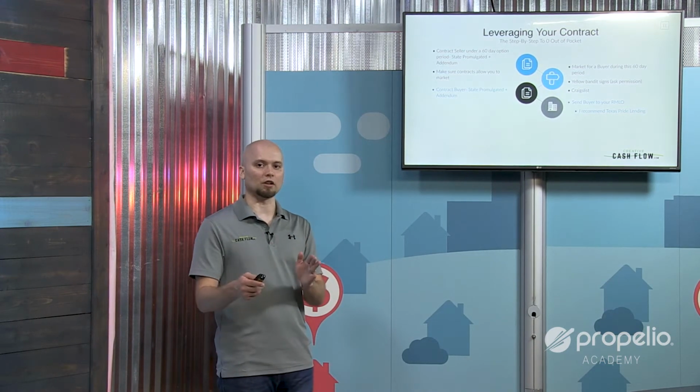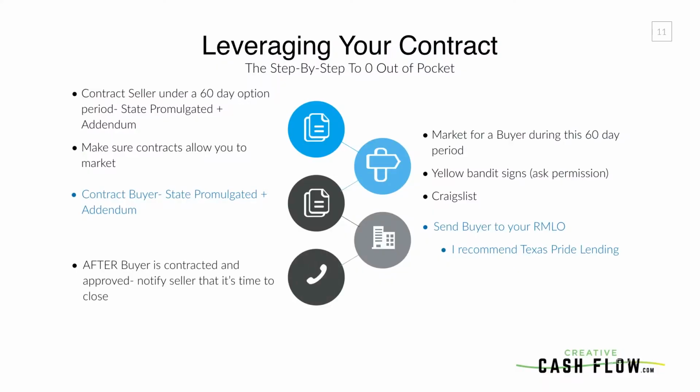So while we have to do the approval and we have to send it to an RMLO, a lot of things like the debt-to-income ratio, as small creditors, we don't have a legal DTI cap. We could legally put somebody in there and have a qualified mortgage at a 95% debt-to-income ratio and still have that qualified mortgage. So again, watch the Dodd-Frank video, find out how all that goes. But that's the next step. You send your contract, you send your buyer to your RMLO, they do the processing, they send you the information back. Once you approve your buyer for that,